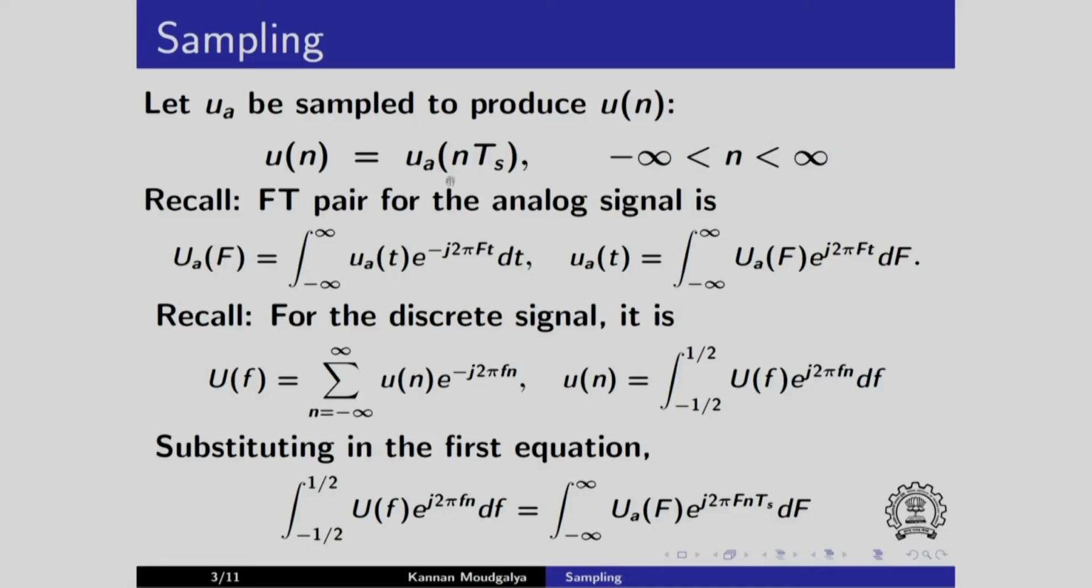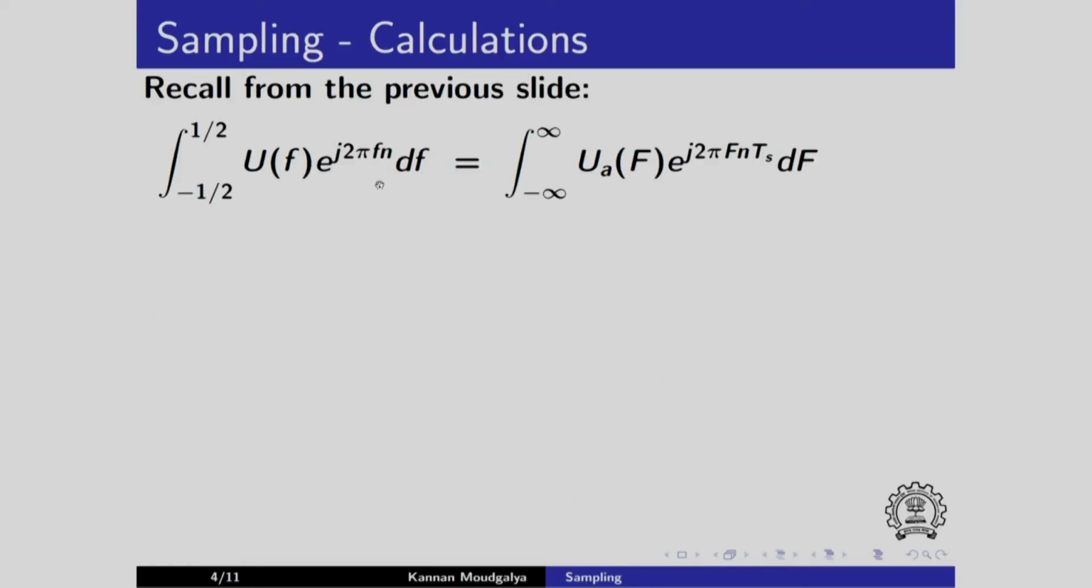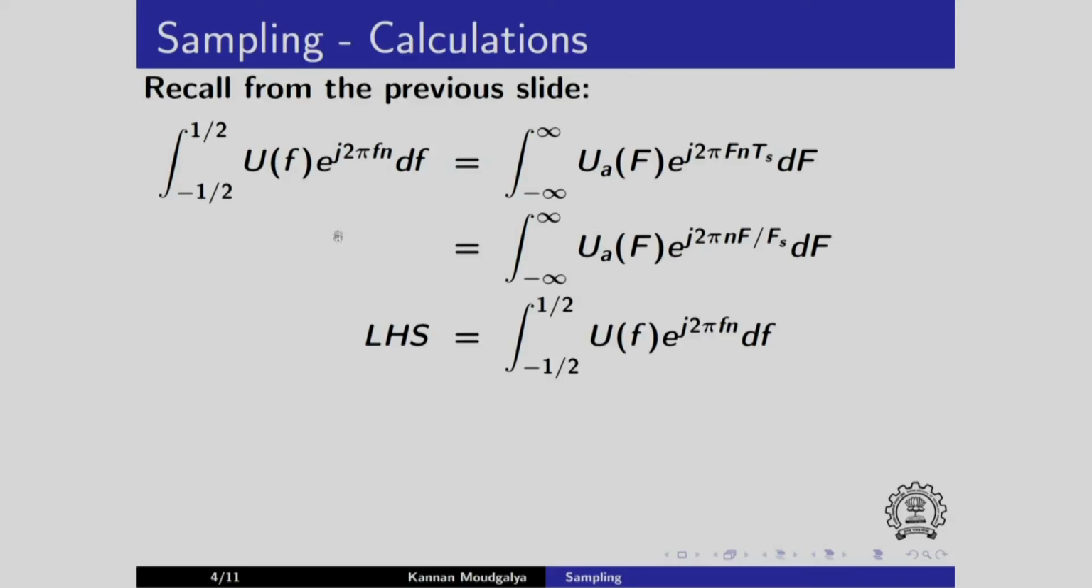So I get this expression. For example, u_a(nTs) comes from here. So u_a of t: wherever this small t is there, I will put nTs, all other things are identical to this. Similarly here, for u[n], I substitute from here. I do not have to make any changes, I write it down directly. This is the expression we had in the previous slide. In the right hand side, I will write Ts as 1 over Fs. Recall that this is the sampling period, Fs is the sampling frequency. So I get this. By LHS I mean the left hand side. I write that